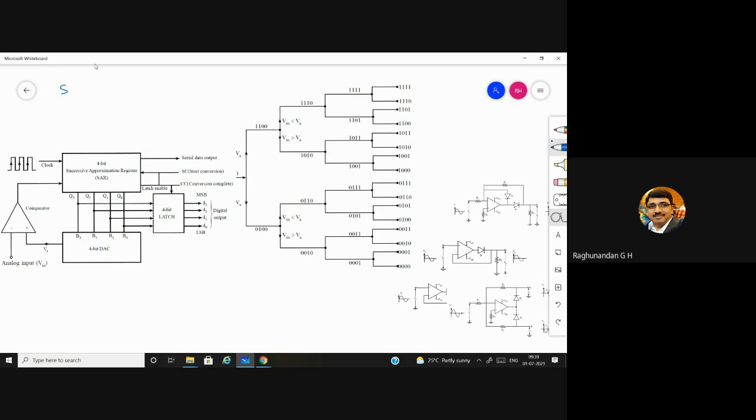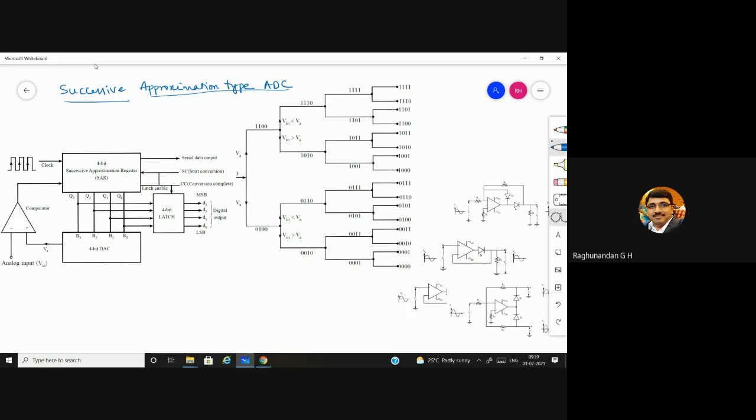Next topic, the successive approximation type ADC. So this is one of the best converters which we are having, which is having good speed as well as good resolution also. As I told in the beginning of the classes, the successive approximation type ADC